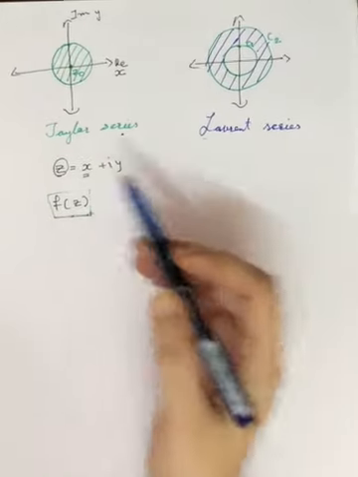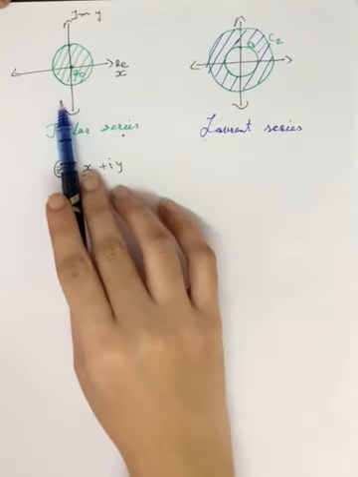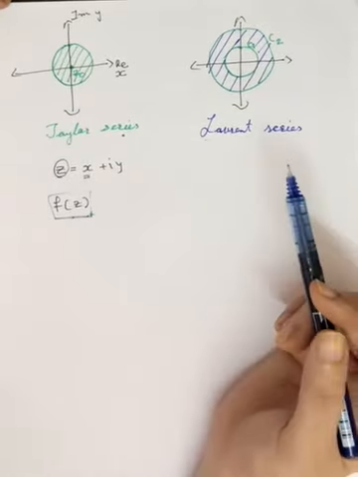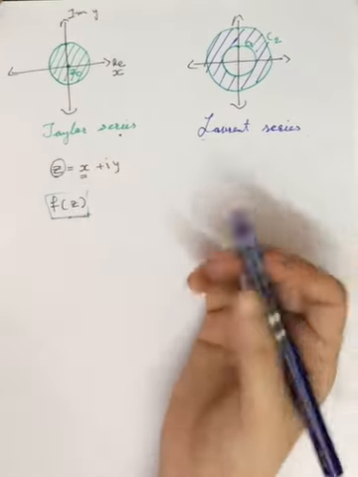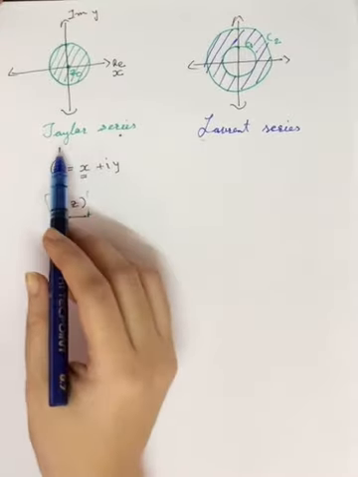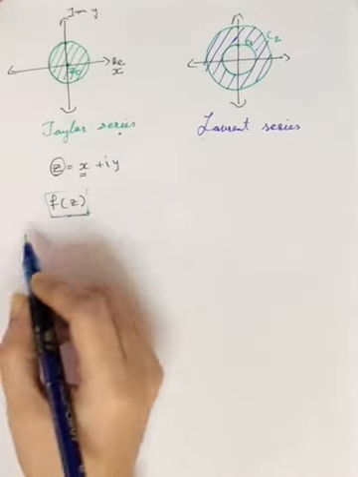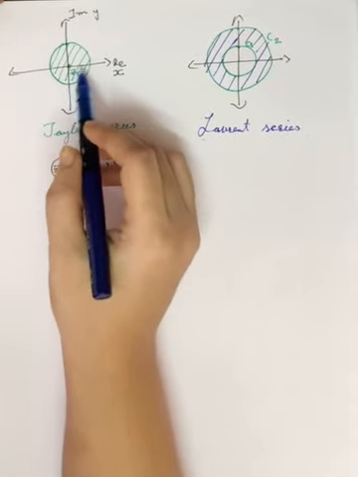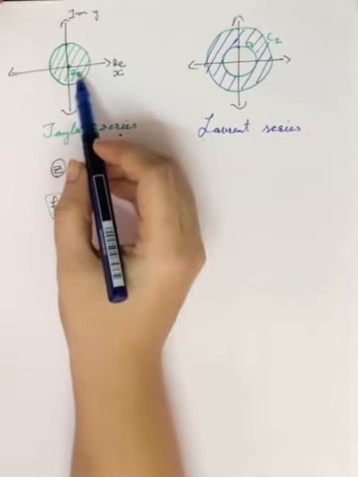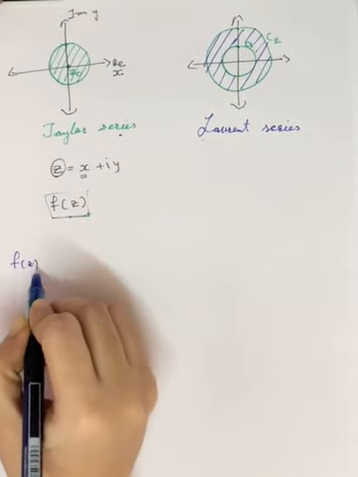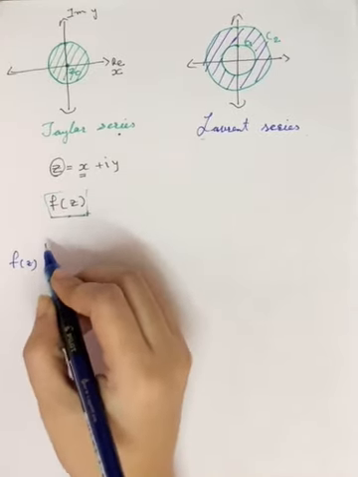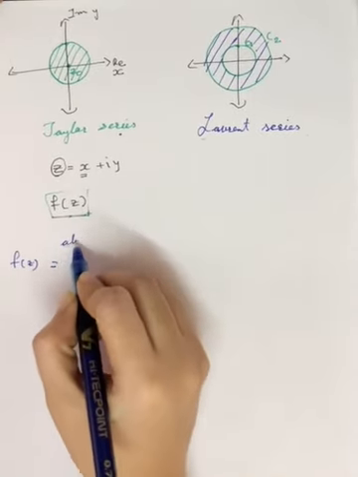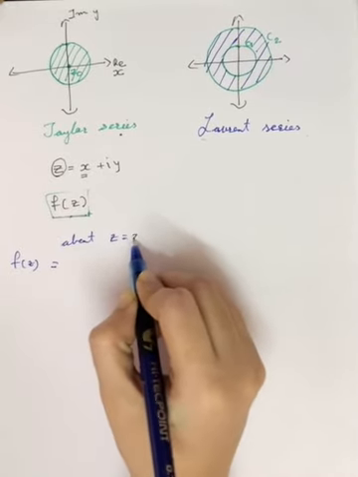Oh yes, and one more thing: we just saw that we can do the Taylor and Laurent series for these two cases. But then another question is, how do we expand? We already saw that for Taylor series, with this condition which we have shown here, we have a function, let's say f of z, which is analytic within this region about z equals z0, then the Taylor series can be expanded about z equals z0,